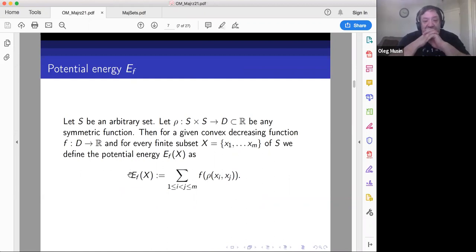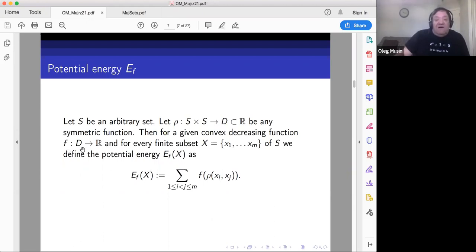Suppose S can be any set, not necessarily finite, and let rho be any symmetric function on S cross S. Let rho send pairs of points x and y, elements of S, to some domain D in R. If you have some function f on D,